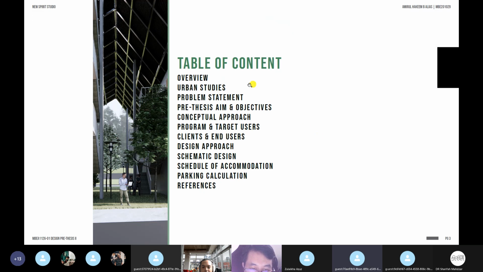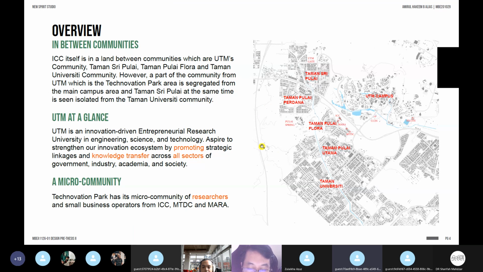First I'll go into the overview and then urban study, problem statement, and so on. I'll go with this kind of flow. Alright, first an overview from our urban studies: we found out that the Technopark itself, the ICC area, has a community there, but it's in between two big communities, as we can see from the morphology of it, the mainstay or